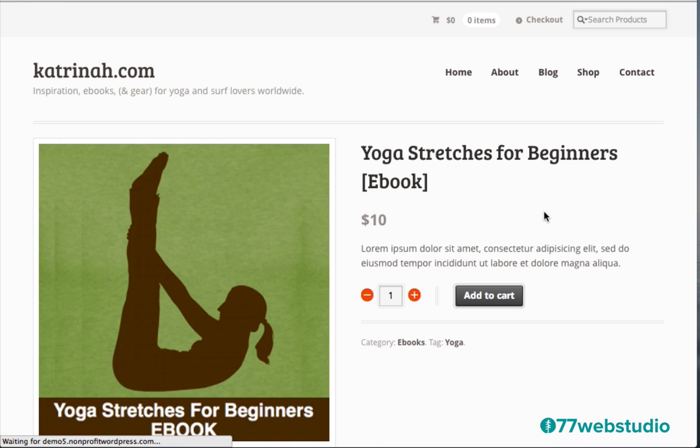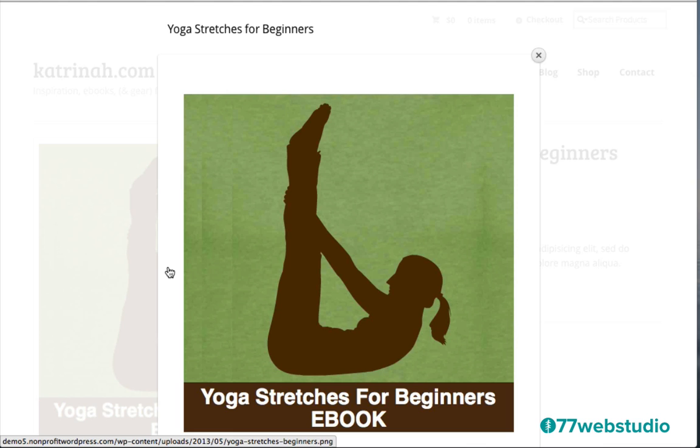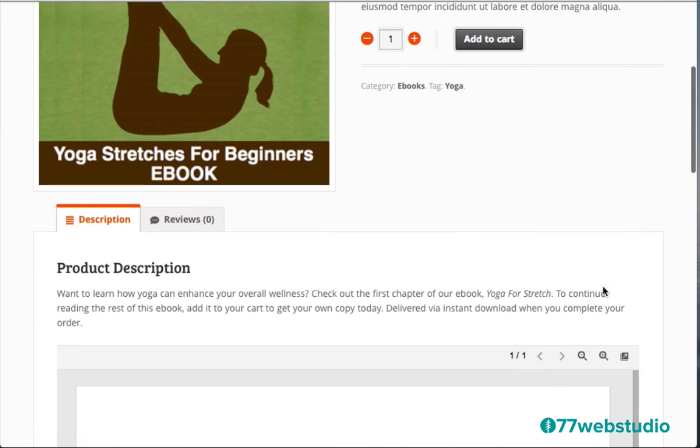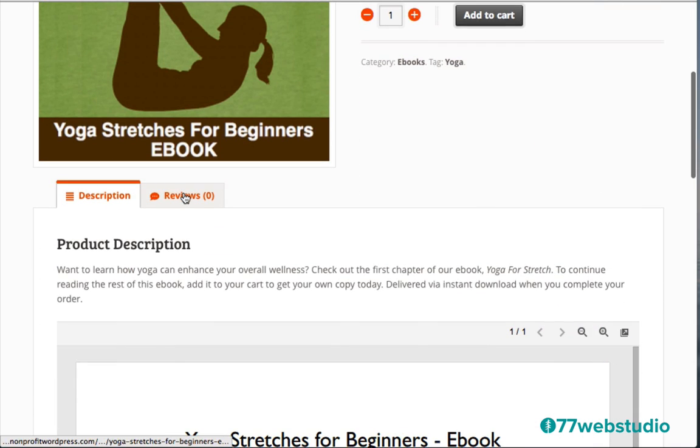And now we're on the product page of this particular ebook. So you'll note that on the left-hand side, you'll have a large product image of your product. And when I click on this image, it will open up into a really nice light box display so anyone can more easily see the image of your product. Just next to the product image, you'll have your product title, the price, a short product description, and then of course, the most important thing on this page, the add to cart call to action button. Then just below this section, you'll have your product description and your reviews.